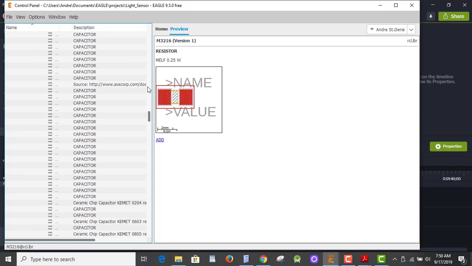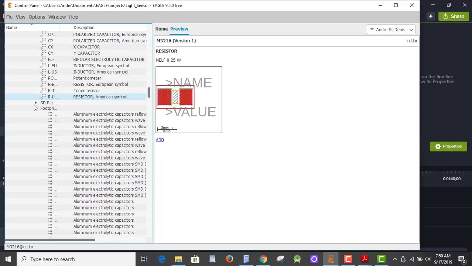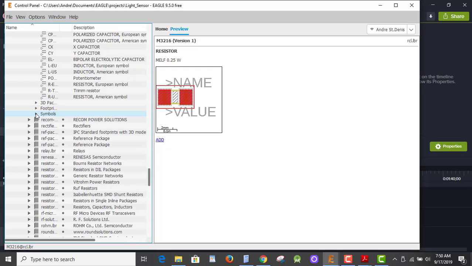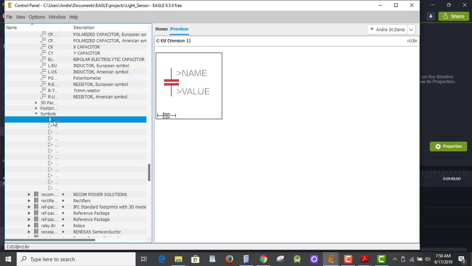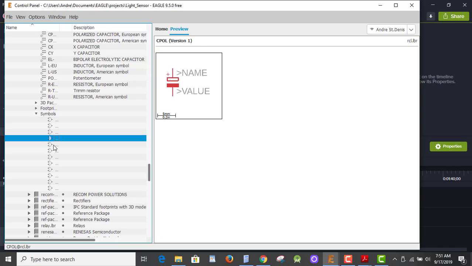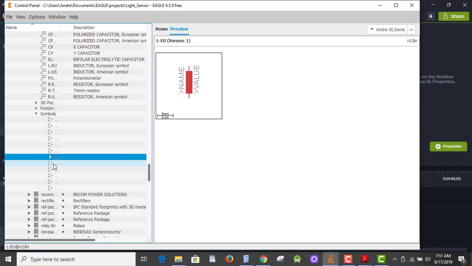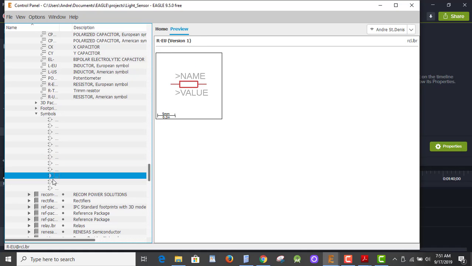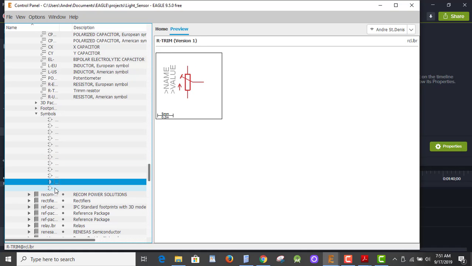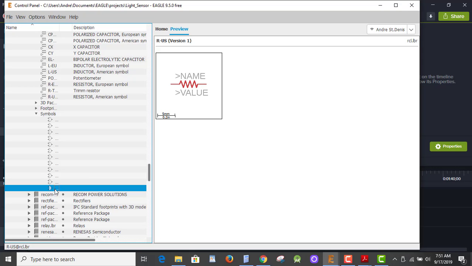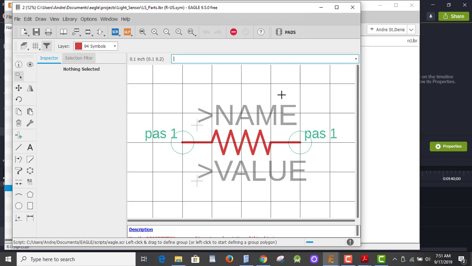What I need is a symbol. So I'm going to close footprints and open symbols, and there's the standard shapes for the different symbols, and somewhere here should be, there it is, that's the one I want. So I'm going to right click and copy that in also, and so I have a US resistor symbol in my parts library, and I have